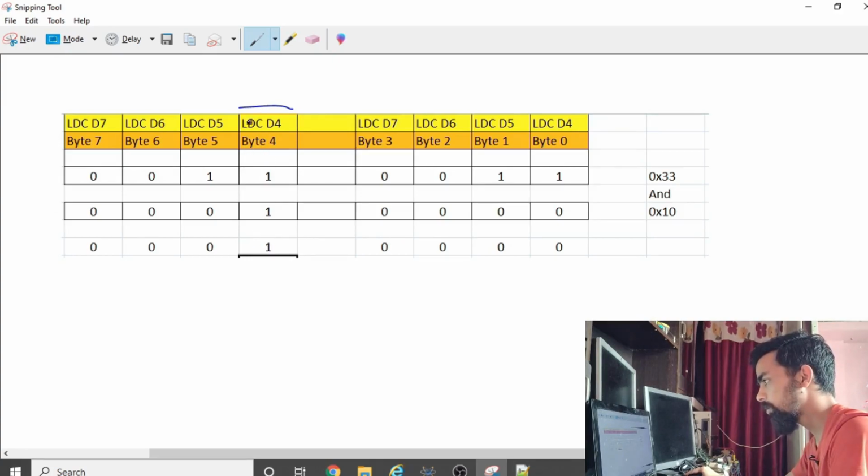If that value is 1, then we send a 1 signal on D4. Then we shift to D5 and mask with 0x20. If the value is 0x20, then we send a 1 signal on the 5th pin of the LCD. This logic is applied to each and every pin, D6 and D7. Once the higher bits are executed and sent to the LCD, we apply the same logic to the lower bits. Again for the lower bits we send D4 first, then D5, D6 and D7, but in that case the masking is 0x01. So we will see the code.